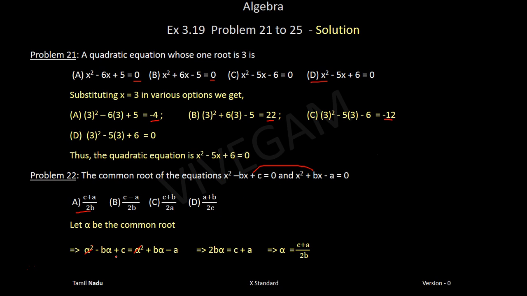So alpha square minus b alpha plus c is equal to 0, and that is equal to alpha square plus b alpha minus a. I've just missed out the 0 here, because as I said, both are equal to 0. After substituting alpha, both the LHS of these two equations will be equal, and that I've done here. Then after that it is basically simplification. Alpha square I'm cancelling, and I'm collecting all alpha terms to one side and the constants to the other side and simplifying the expression. So understand this. Whenever alpha is a common root, the LHS of both the equations also will be equal. Okay. Right, next is